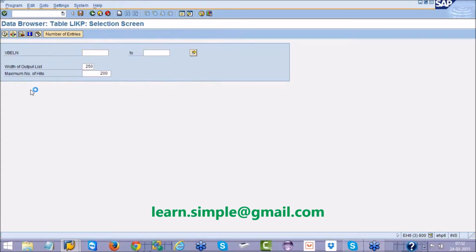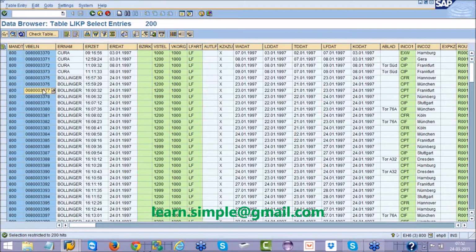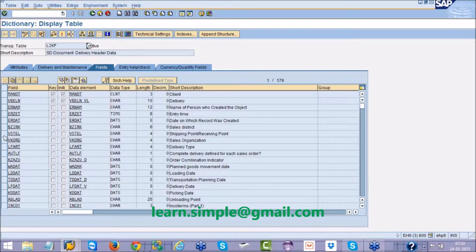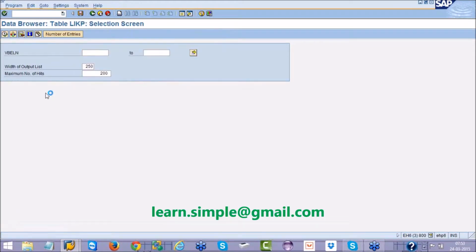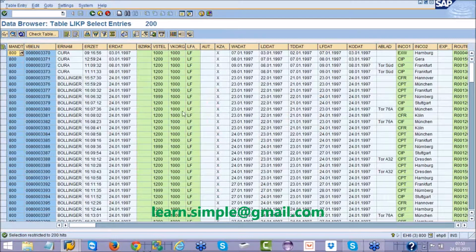So as of now, we are always testing for a delivery number. Delivery number is here. You can see this is the delivery number. Okay. So here there is a field called LFART. The field LFART means what? You want to see the description of LFART. You can see where is that here. This is the delivery type. Okay. So whenever you take any of these examples, any one of these document numbers, always it is LF.